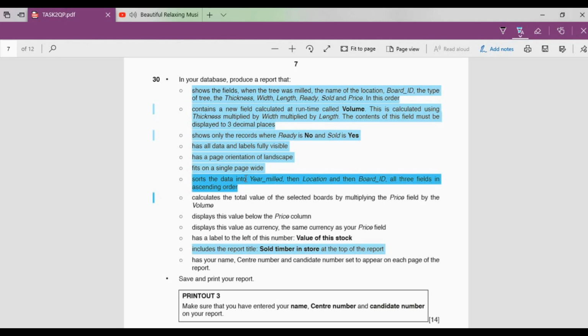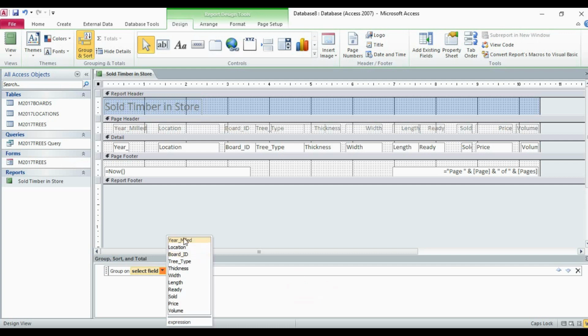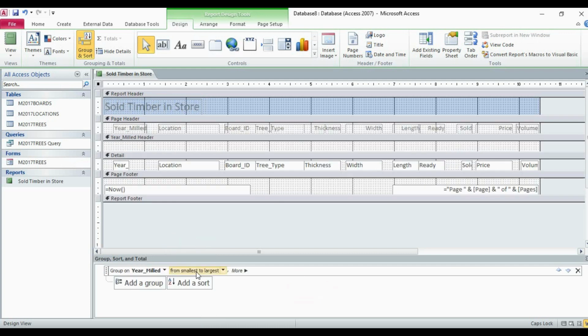So first of all, go back to the question: year milled, location and board ID. We have to choose these fields for sorting, and all these fields should be in ascending order. Let's go back to the Access window. Smallest to largest only we will choose. Then second was location.